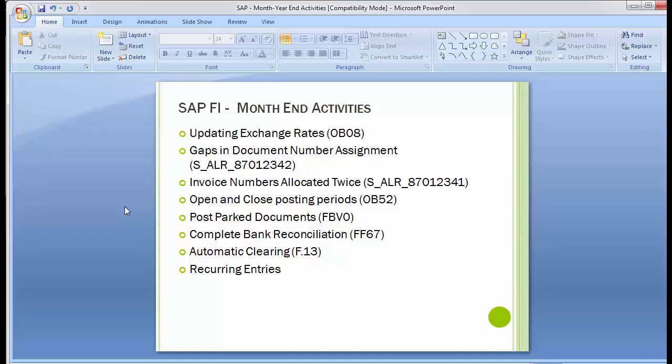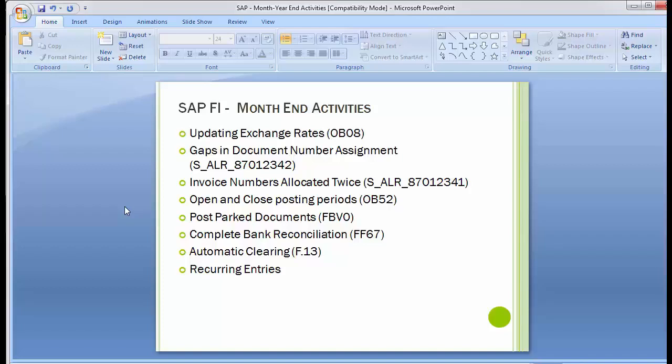Now moving up to the next, which is complete bank reconciliation. Bank reconciliation we discussed in detail in the banking part, where we reconcile the company's bank account with the bank statement we receive from the bank side, and in case there are any differences, the reconciliation has to be done. A proper bank reconciliation we have covered in the banking part, for which I would request you to refer to the